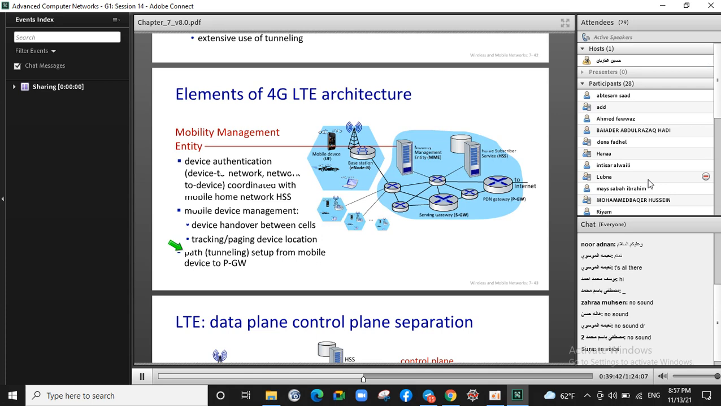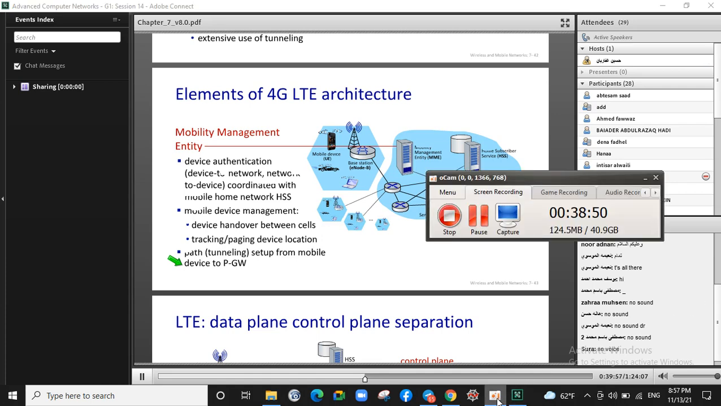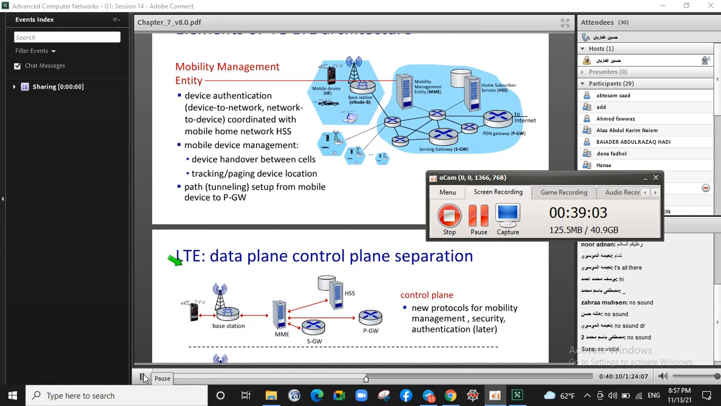between the caller and me. Okay, creating this path is a part of the task that should be done by the PGW. Over the PGW, we try to set up that tunnel or path between the caller